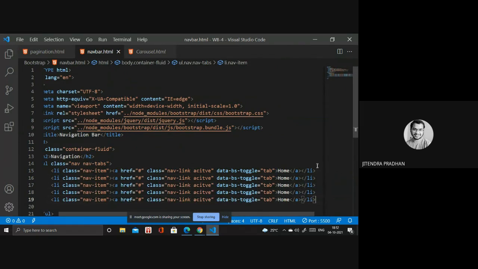Okay, so first we require another, let's say electronics, or you can write about, and something like a blog. And if you are designing something, a contact class, like login, and the last one is contact. Okay, done. So let's see how it looks. Next we have to move forward.